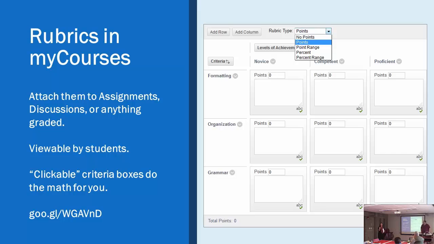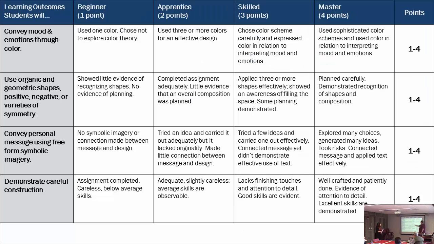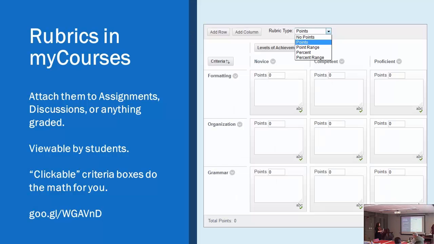And it does give you an opportunity to provide more granular feedback if you wanted to cite those examples, or you don't have to. Depends on how detailed the criteria you're including in your rubric is. If you click on this rubric criteria, this is where they landed, it opens up a little box. If you wanted to provide more detail as to why you chose this particular criteria, you can. And you can provide overall feedback at the end, type it in if you wanted to as well. Really, just to let you know, it is also available in my courses to do all that stuff.